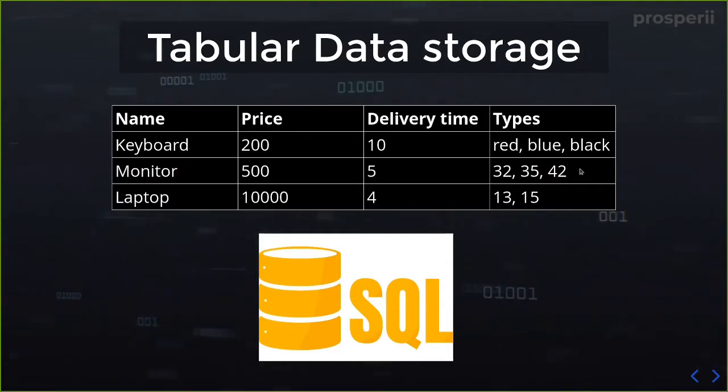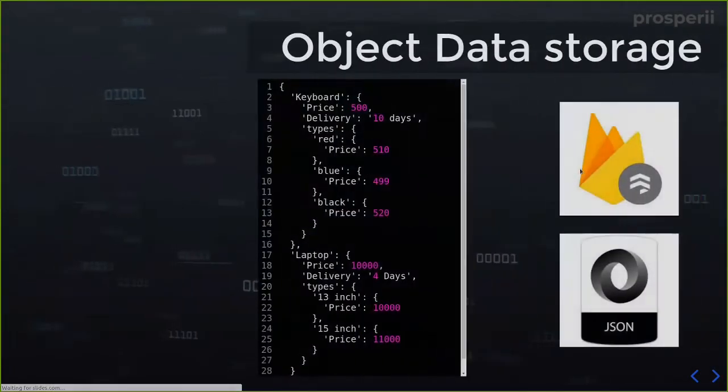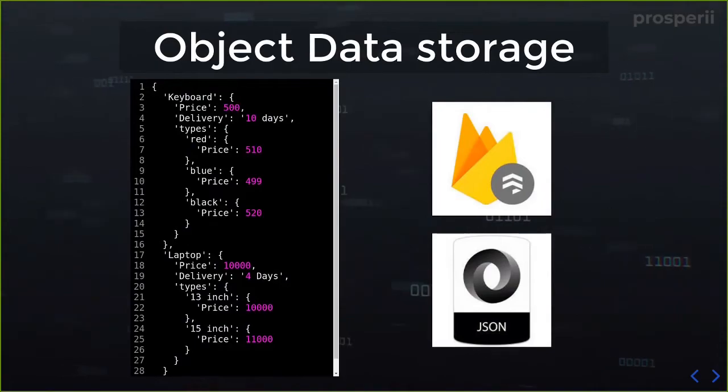Okay, so in this particular section, we will be storing data in a different format. So essentially over here, we'll be storing data inside an object data storage format. So essentially over here, we have a name of that particular data object. Then inside that particular object, this particular format is called JSON or JavaScript Object Notation, where each and every data bit is represented as a key and a value pair.